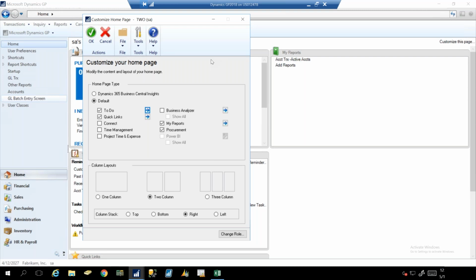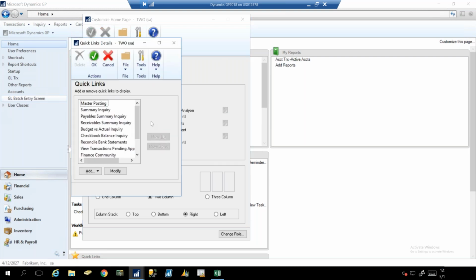They find themselves, when they're navigating within the application, only going to like 5 or 6 windows. That's it. So they want to be able to save themselves some time and save themselves some clicks. That's where quick links come into play. Very similar to how we would add a to-do, very easy to use, or how I would have added a keyboard shortcut. I'd click on my quick link details, hit add,